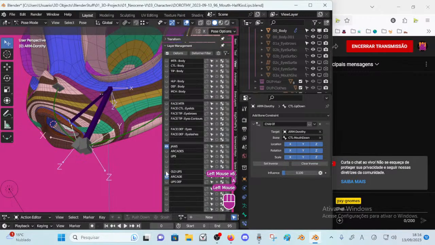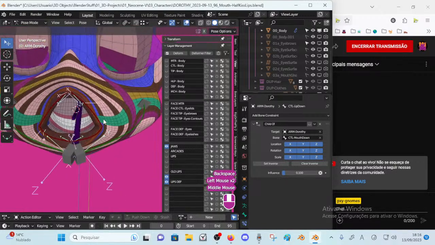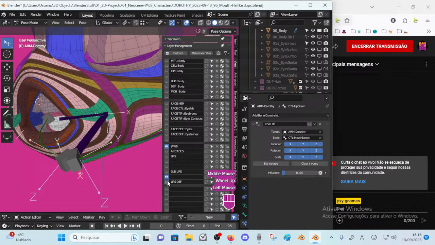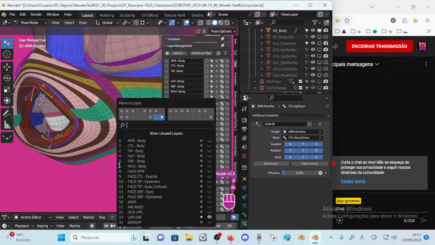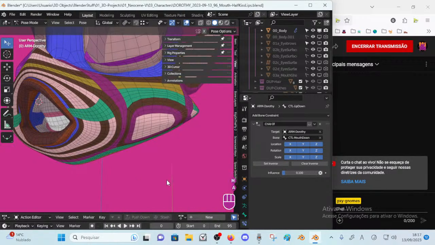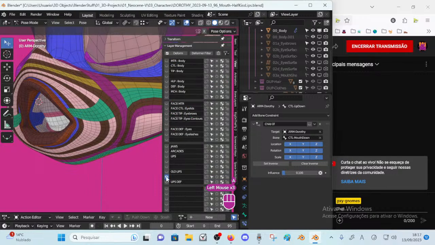Okay, so now I'm certain that they only appear here. Arcade has got nothing, so let's delete that. Lips def. This is not lips def. Okay, so these are the form bones for the lips. So this will be old lips actually. So we're going to pick this and move to old lips. We're going to reuse this later, at least